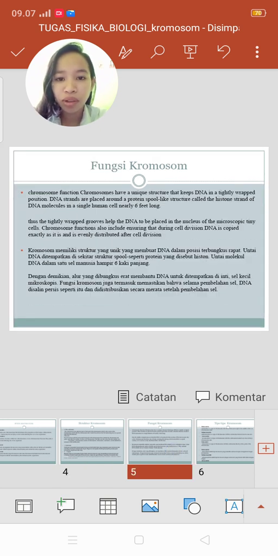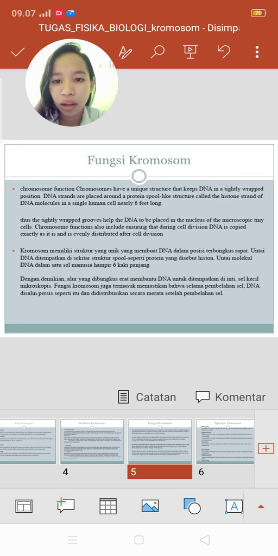Fourth slide: chromosome function. Chromosomes have a unique structure that keeps DNA in a tightly wrapped position. DNA strands are placed around spool-like protein structures called histones. The DNA molecules in a single human cell are nearly 6 feet long. Thus, the tightly wrapped strands help the DNA to be placed in the nucleus of the microscopic tiny cells. Chromosome function also includes ensuring that during cell division, DNA is copied exactly and is evenly